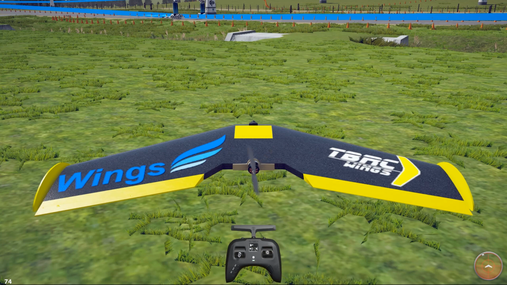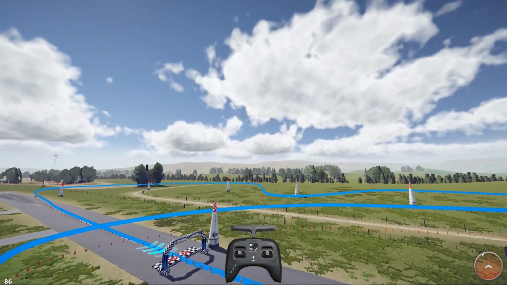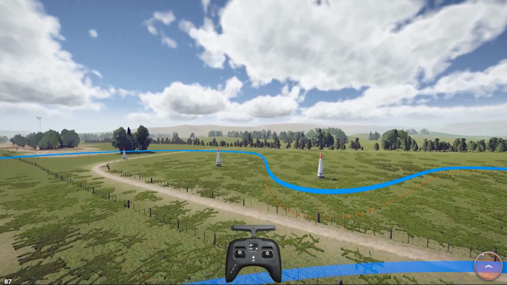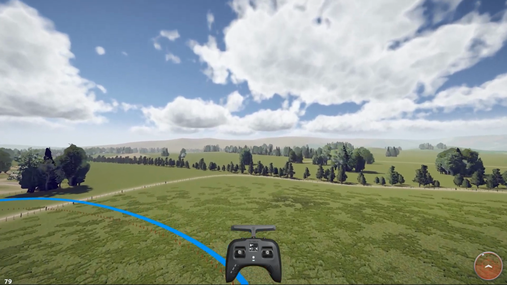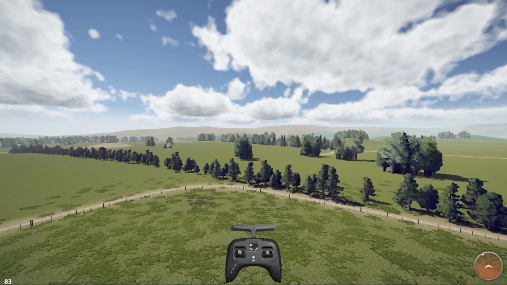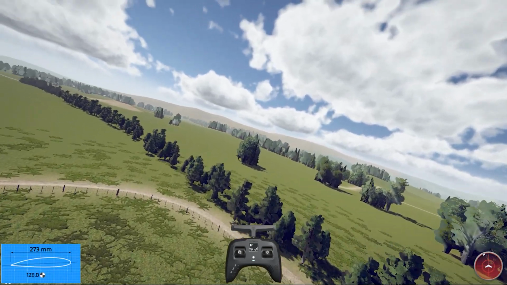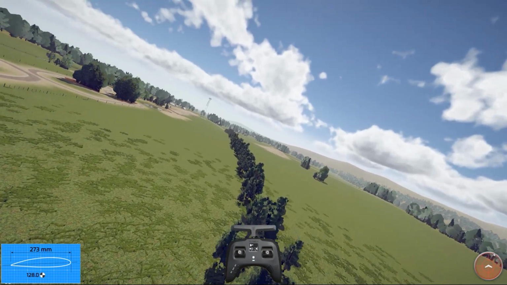So let's raise the throttle to about mid, and then launch. Flip into FPV mode. Now, one of the things that you'll notice here is that at 50%, it's still got a tendency to nose down. So what I'm going to do is take my CG. I'm hitting my left arrow key, and then I'm just kind of tweaking